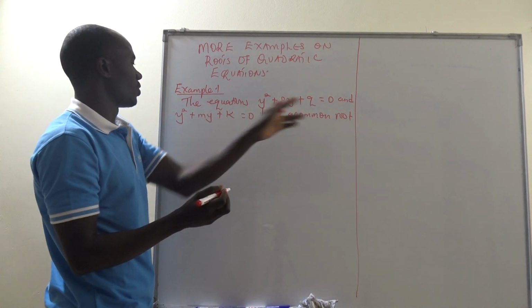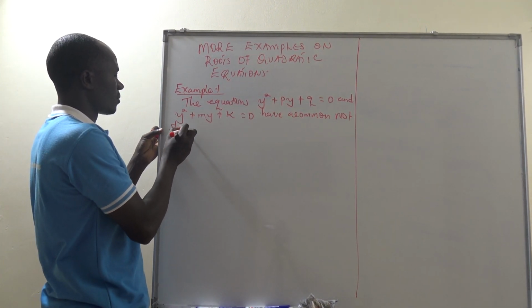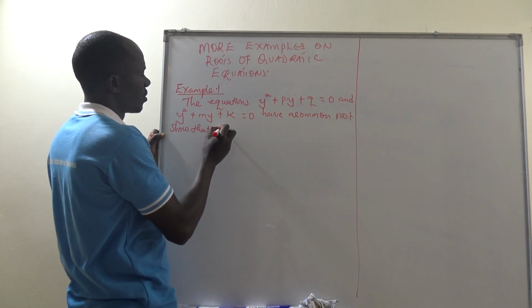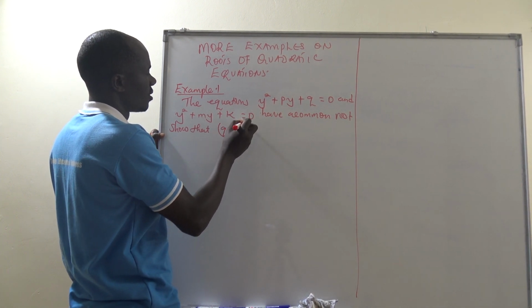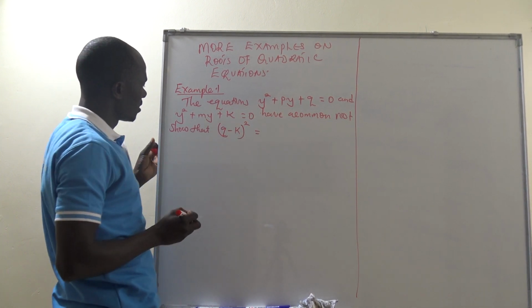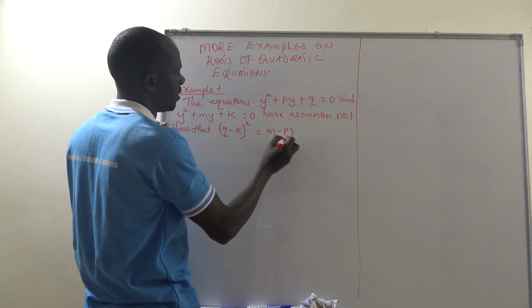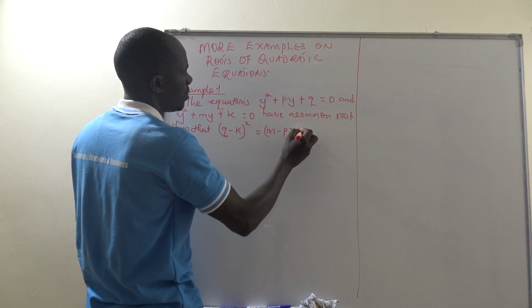That these two equations have a common root. Show that q minus k squared equals m minus p into pk